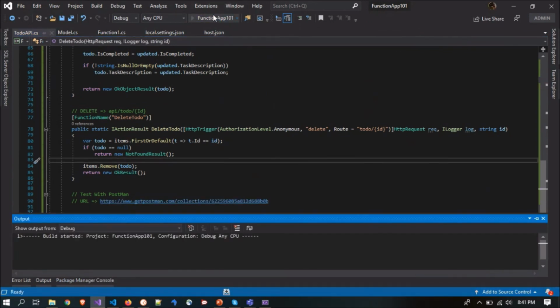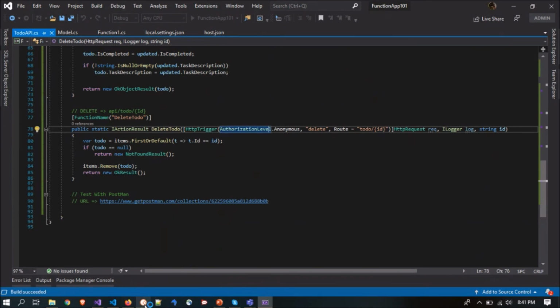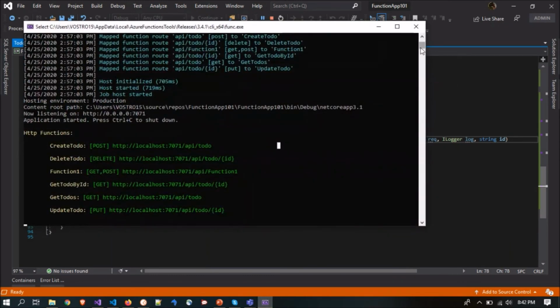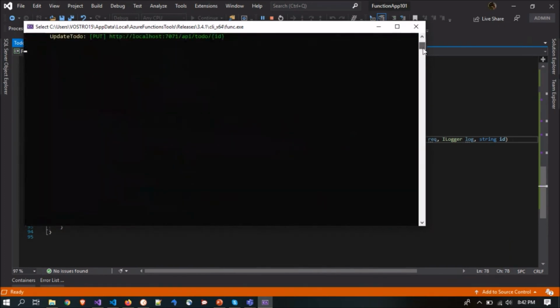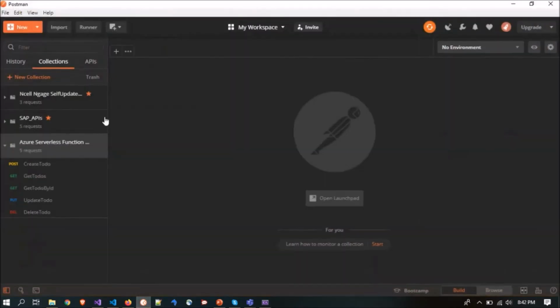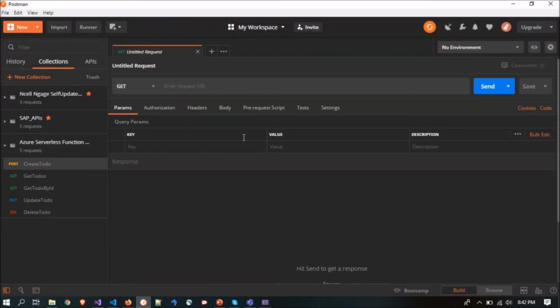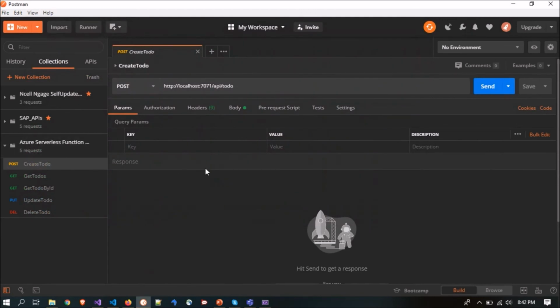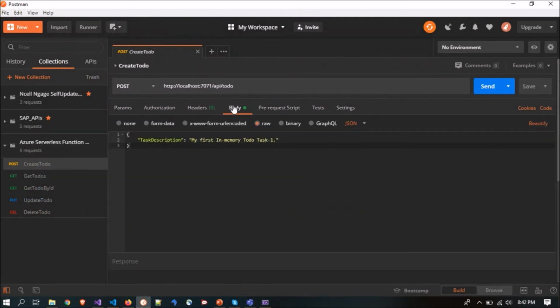So I will run this, and over here you can see it has listed all the APIs that we have created. It gives you the URL for each one. In order to test that, I have already made a to-do so that you guys can try it. For example, I have copied this API, and then I will go ahead and create some. Okay, so this is my API. So in the response,